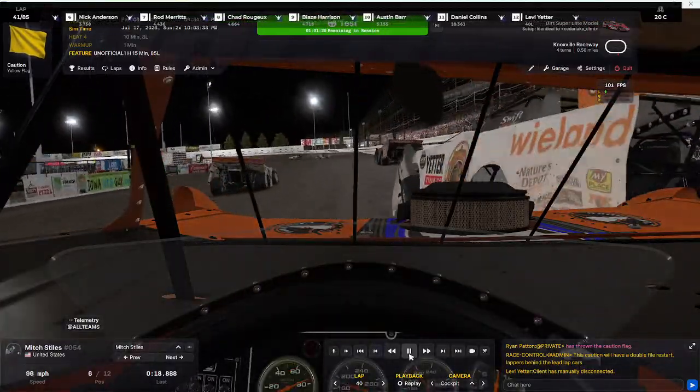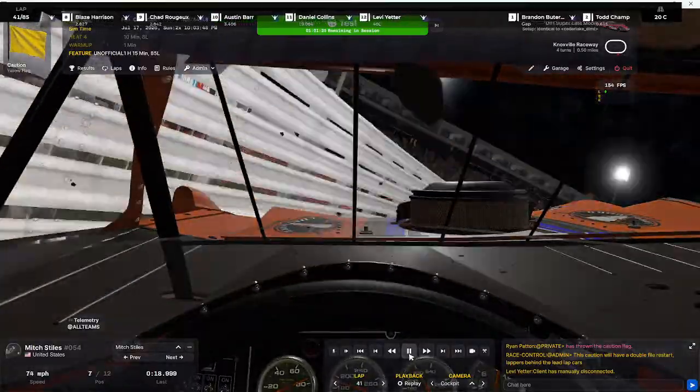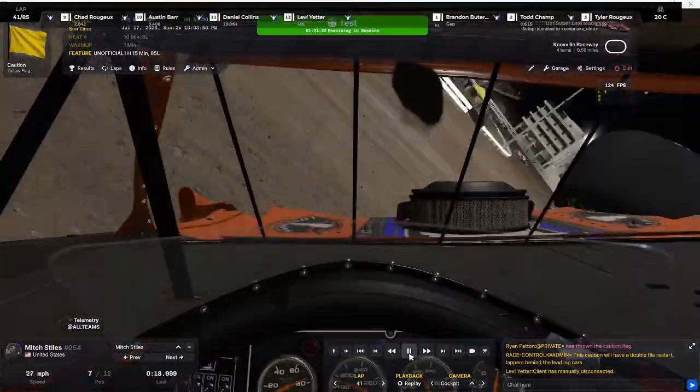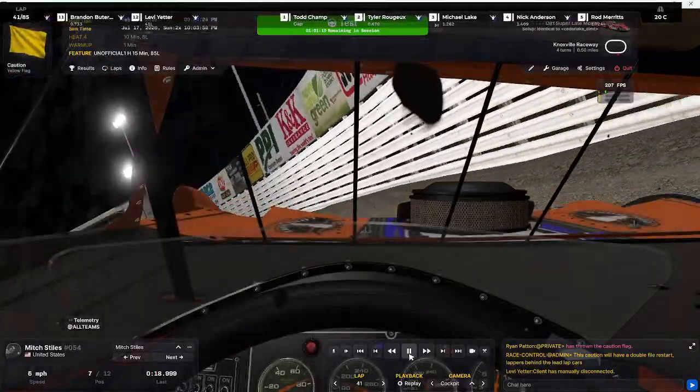Levi Yetter is in the pit with the right front gone off the car. Hard contact. That 54 again takes a couple tumbles. Does drive it back to